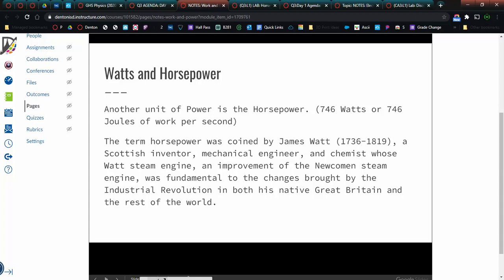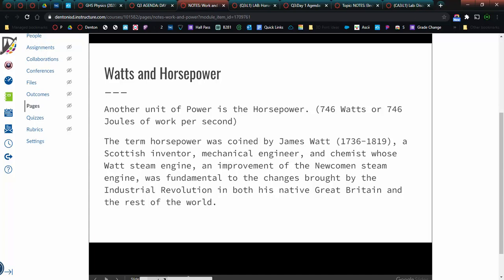So what does this have to do with horsepower? Well, it turns out back in James Watt's day, his main competition wasn't other engine manufacturers, it was horses. Because that's what people had. You had horses to do work. Right? You had horses pull your buggy, you had horses plow your field, stuff like that. So he wanted to compare his engine to a horse. So he went through and he